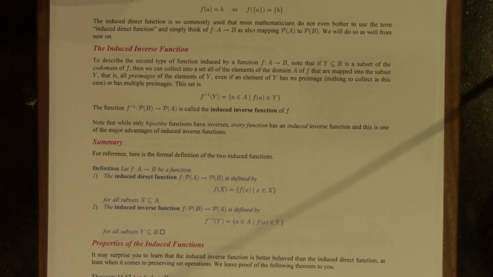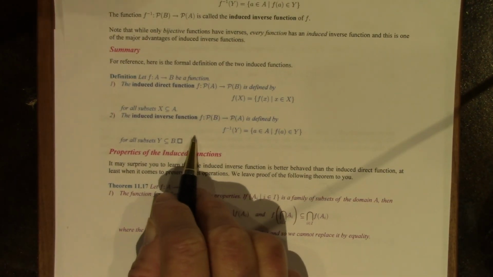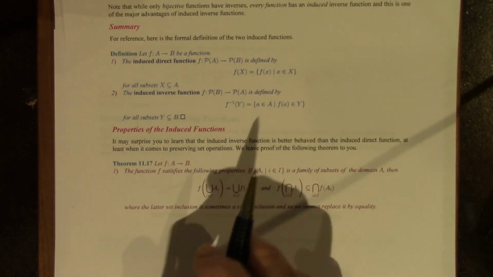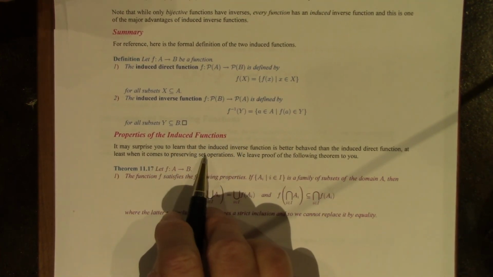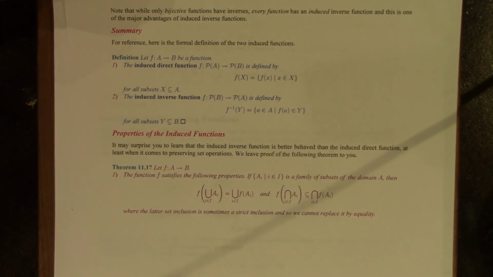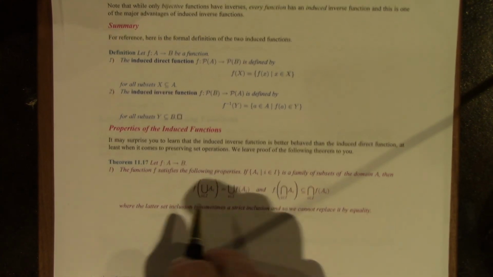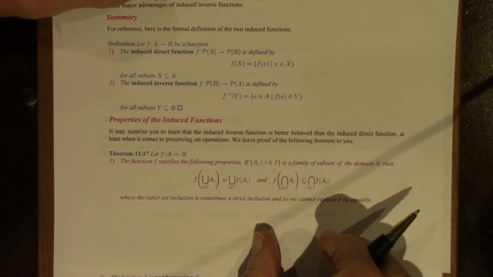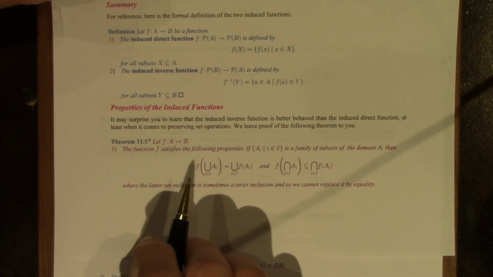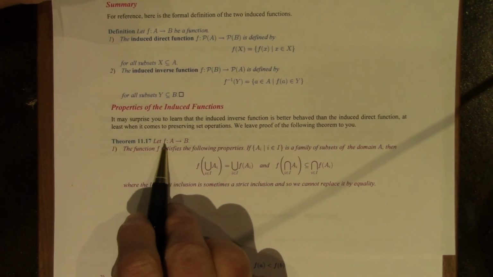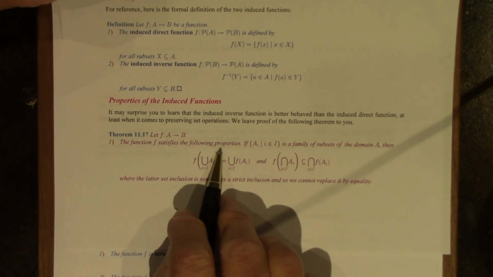Okay. So just to summarize, here are the two definitions I just gave you. One interesting thing about these induced functions is that the induced inverse function is actually more well-behaved than the induced direct function, at least when it comes to preserving set operations. So here's a theorem whose proof I'm leaving for you. F maps A to B. Then